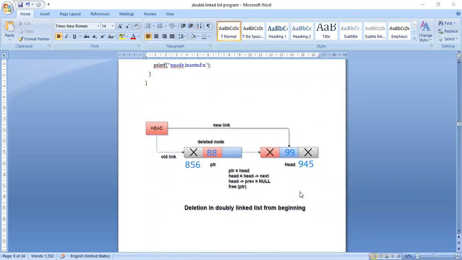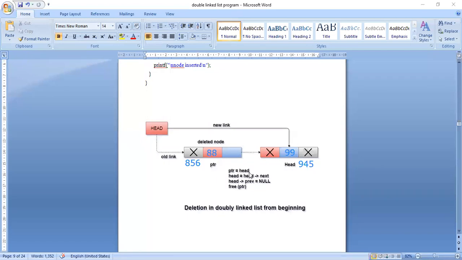The address of 88 node is some 856 starting address, and the address of 99 is 945.